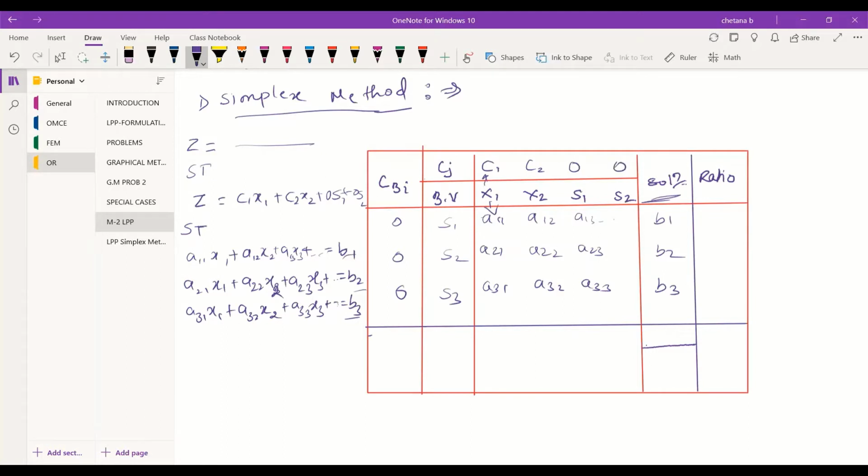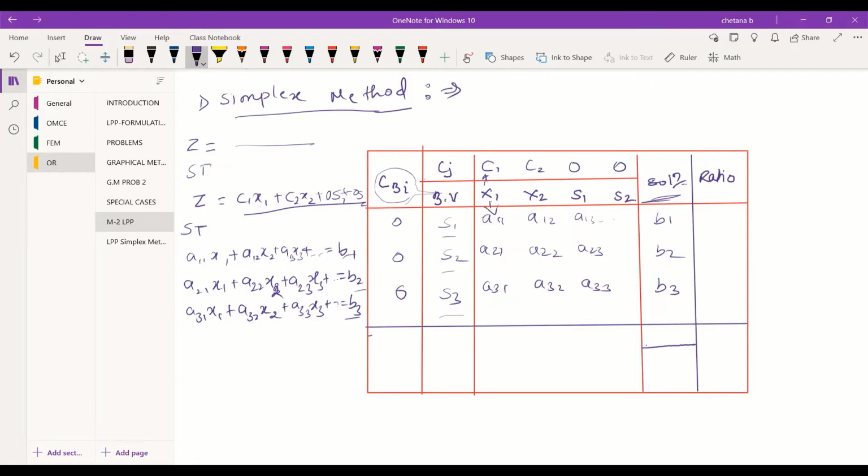And if you see CBi, this CBi is related only to the objective function. So in the objective function, we have taken slack variables S1 and S2. What is the coefficient of those S1 and S2? We need to balance the Z equation with 0 S1 and 0 S2.